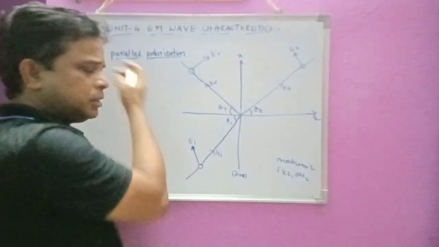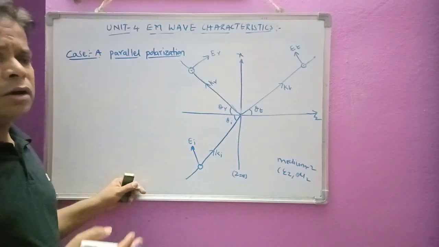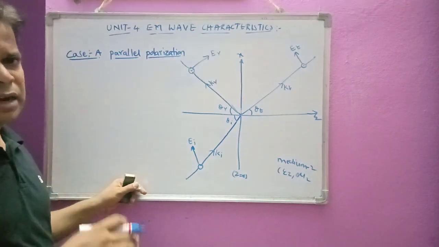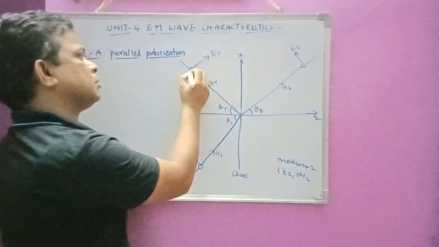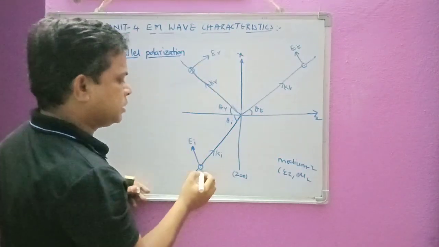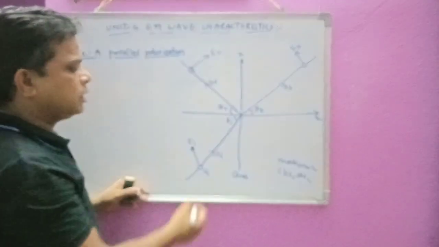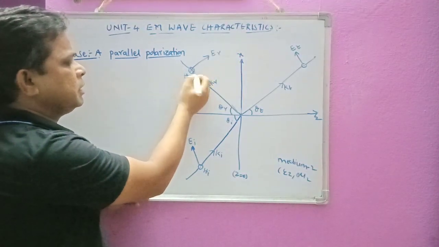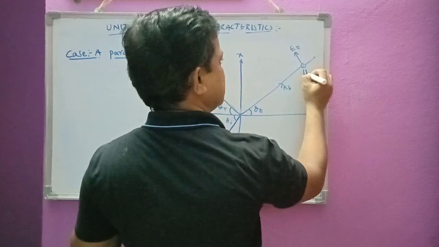Now these electric fields are distributed in two directions, that is the x direction as well as the z direction, the x component and z component. Now we have to find the two components, and here the magnetic field is along, sorry, here it is a cross mark. So Hi is coming outside the board, and the magnetic field HR is going inside. It is the same here for HT.